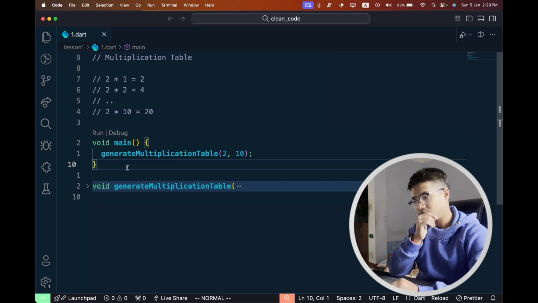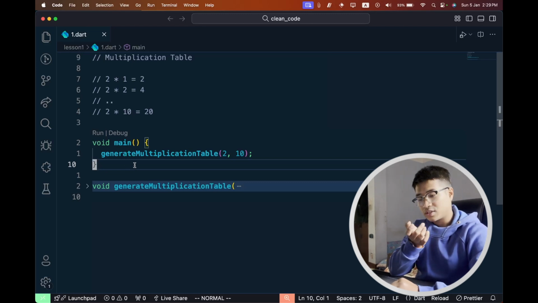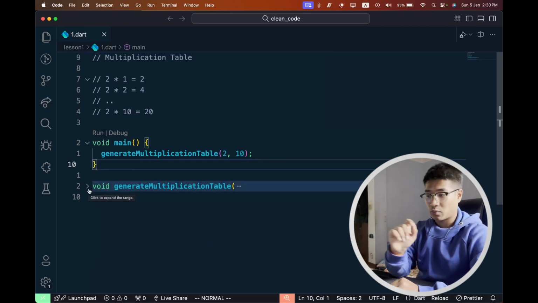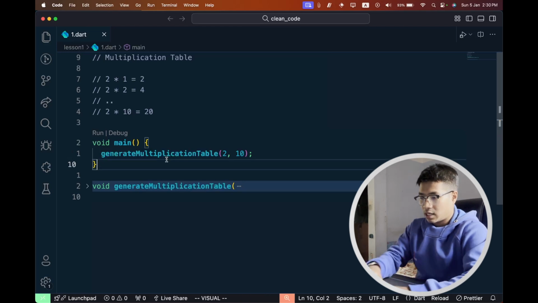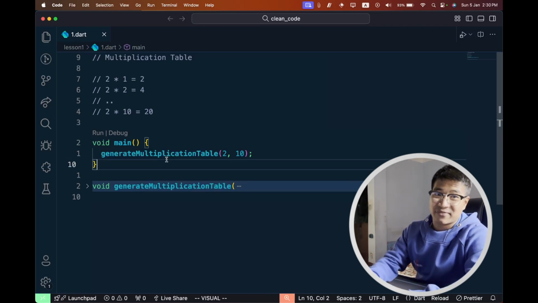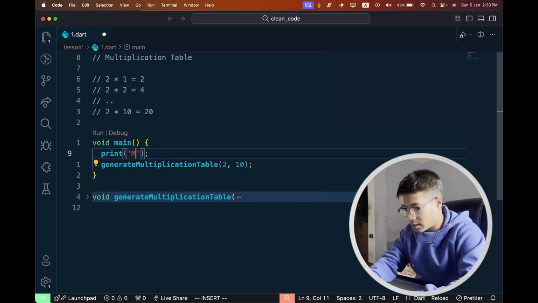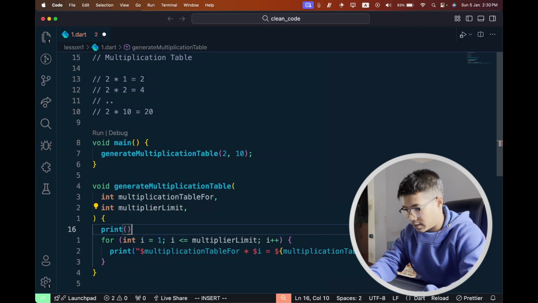Okay, so we learned two things today. First is extraction of variables. Second is extraction of a function. Now, just because I have this function over here, this function is now reusable. What that means is I can use this function anywhere I want. I can generate multiple tables if I wanted to. So I can do things like print. Okay, I can just have it done like this: print